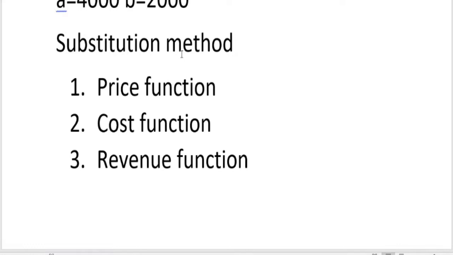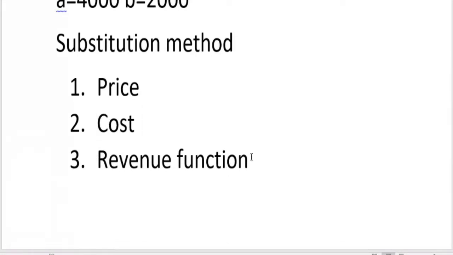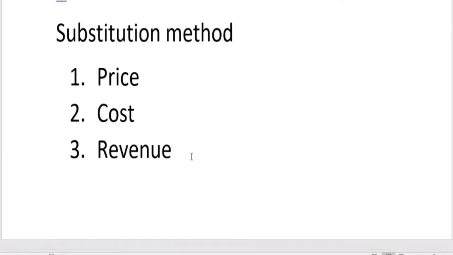अब मैं काम करता हूं, यहां से फंक्शन हटा देता हूं. I will delete this function here, from here also, and from the last one also. Now, the moment I remove this, it will become price, cost, and revenue. Will you please tell me what type of mathematical relationship these three terms have in between? Can you tell me the mathematical relationship between price, cost, and revenue?